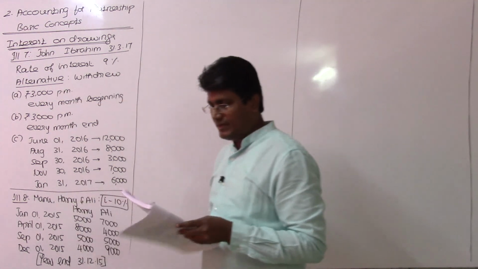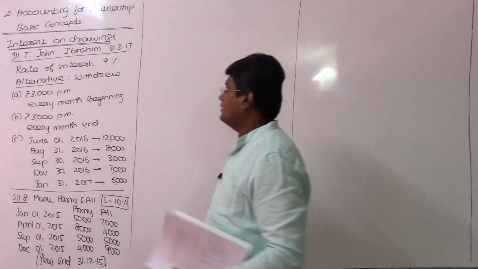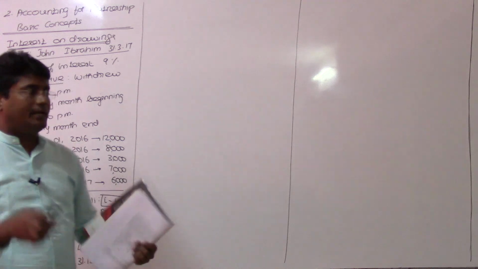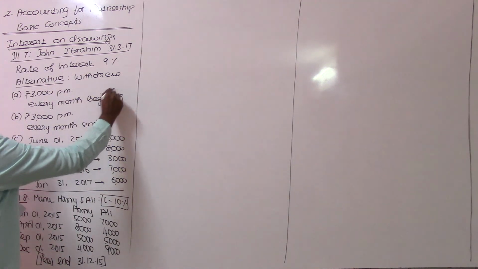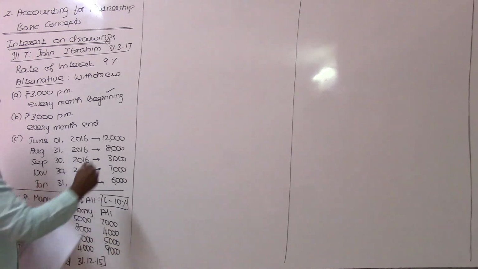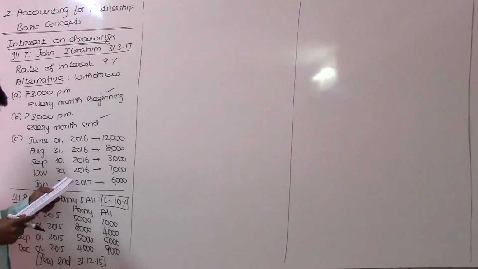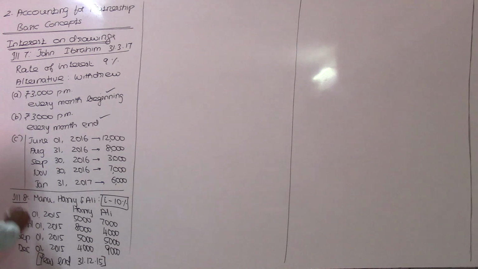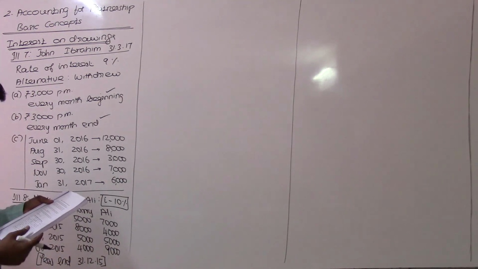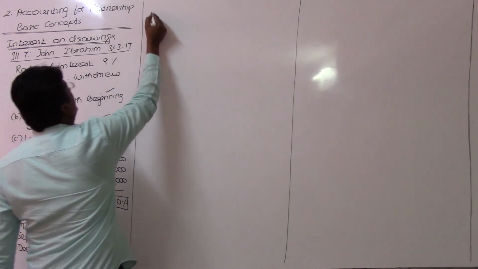An alternative is given. A, if he withdrew rupees 3,000 per month at the beginning of every month, and second alternative, withdrawn by him at the end of every month. Third alternative is he withdraws different amounts on different dates. So, we have to calculate all the three. Let me start with the first one. So, illustration 7,